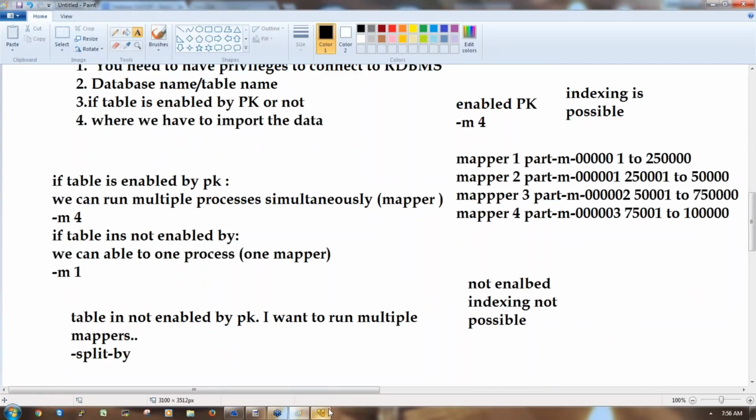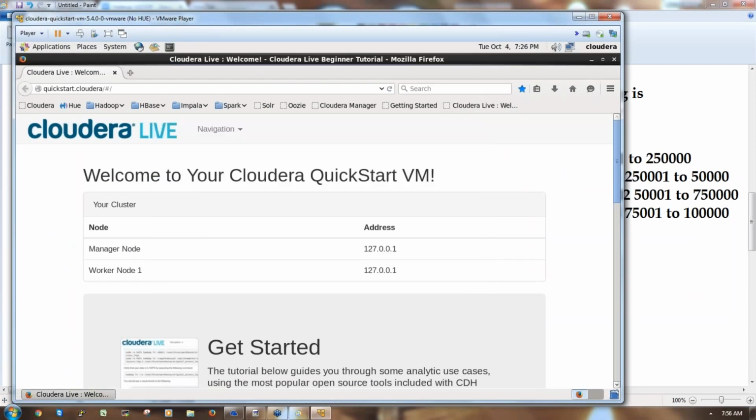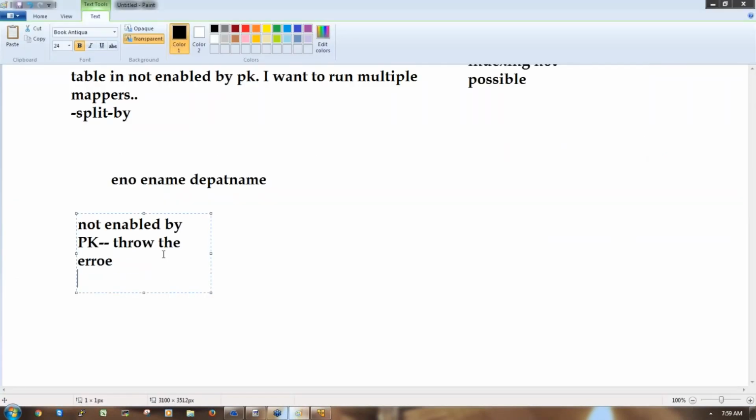Let us see a sample example. I'm trying to import the data to HDFS. The table is enabled by the primary key. If it is a PK-enabled table, it uses 4 mappers by default.